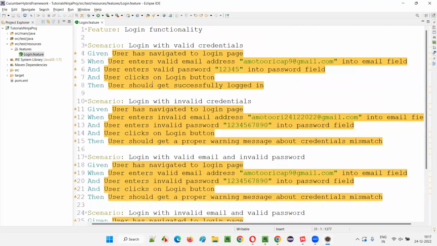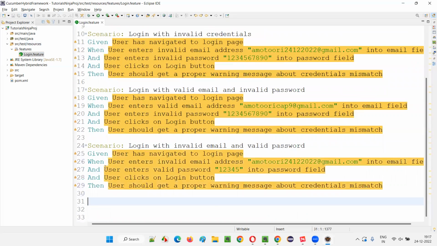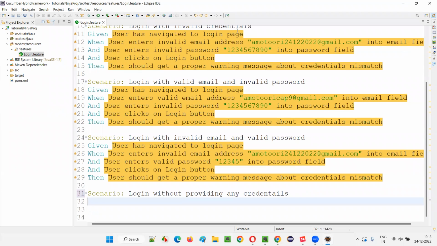4 test cases that I'm trying to automate as part of the login functionality, but you can automate a good number of test cases. Here I'm only taking 4 scenarios. Okay, scenario: login without providing any credentials. We are not going to enter any credentials, right? So, given user has navigated to the login page,